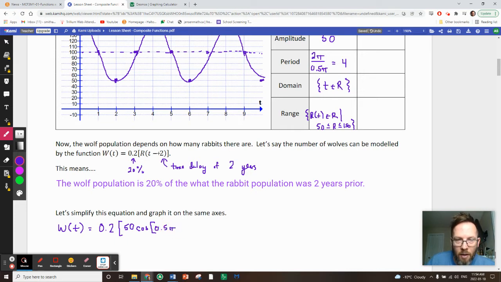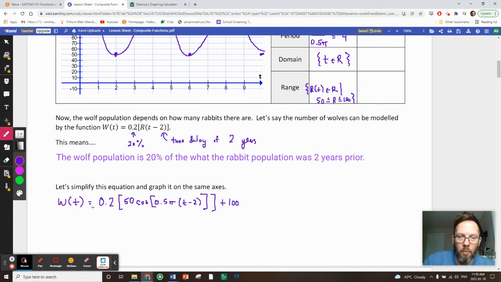But instead of t, we're plugging in t minus 2. T minus 2, close that bracket, plus 100. And now let's simplify things a little bit. We have 0.2 times 50, which is equal to 10, times the cosine of 0.5 pi times t minus 2, plus 100. And so now we have